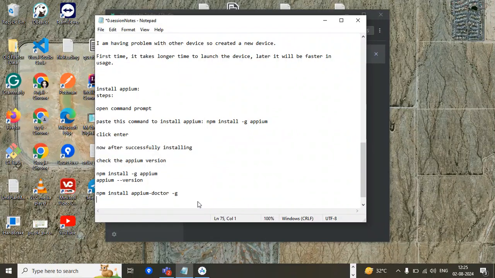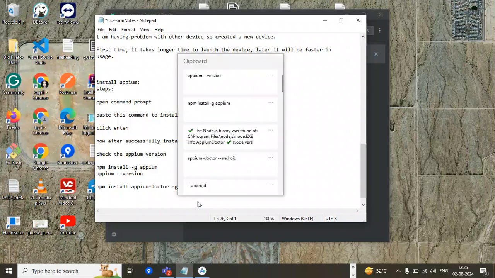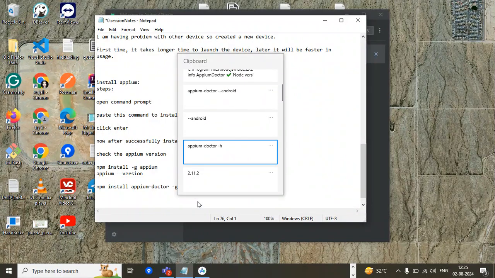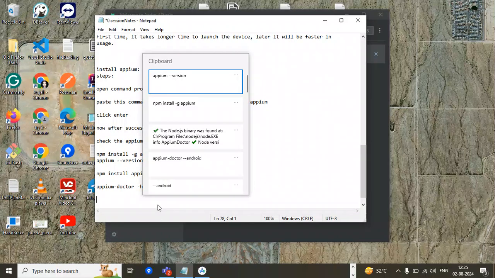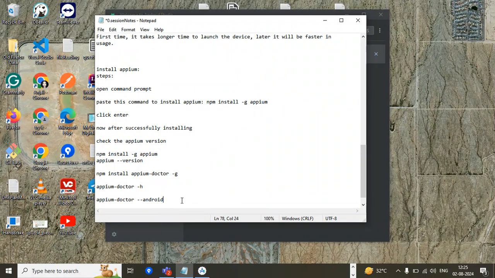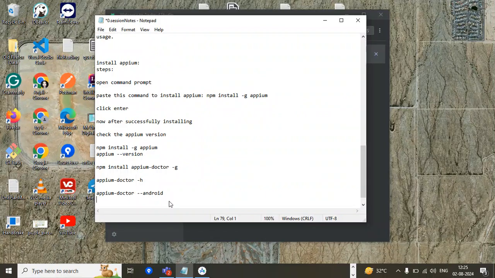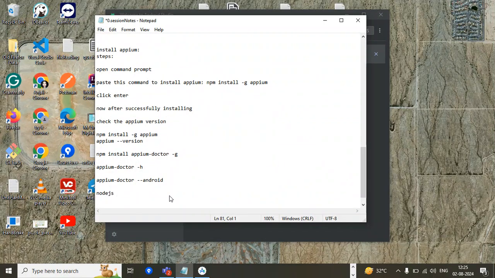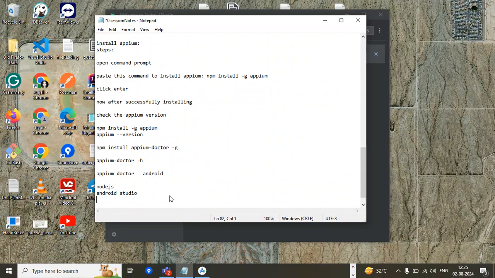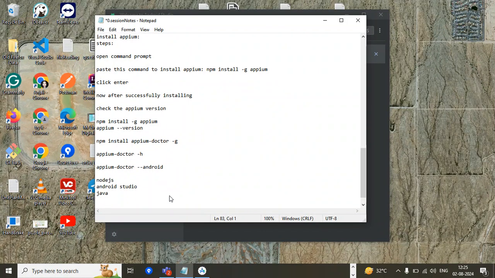So this was the command to install the APM Doctor. Then we took the help by using this command. We found that for Android we have this command and we got the diagnostic report on whether Node.js, Android Studio, and Java are properly installed or not. So we got the report for it.